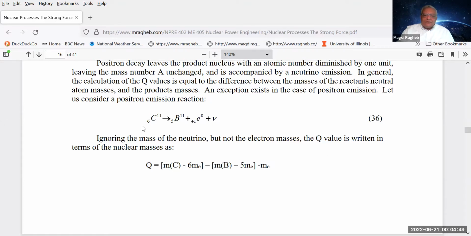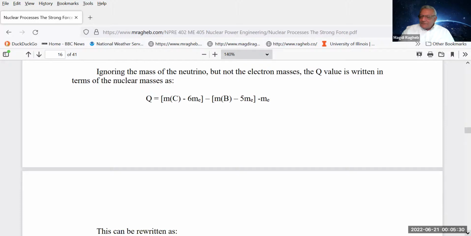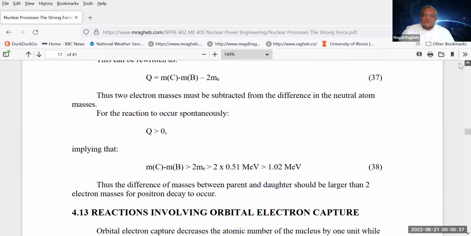If you ignore the mass of the neutrino and you use neutral atoms in that equation, the Q value is the mass of the carbon plus 6 minus 6 masses of electrons, because this is a nuclear reaction between the nuclei, minus the mass of the boron, and you subtract from the neutral mass you get from the chart of the nuclides 5 electron masses, minus the mass of the electron or the positron, because electrons and positrons are assumed to have similar mass. So in that case, you have to take into account the fact that the data that you have is for neutral atoms, whereas we have reactions between the nuclei. The nuclear reactions, not